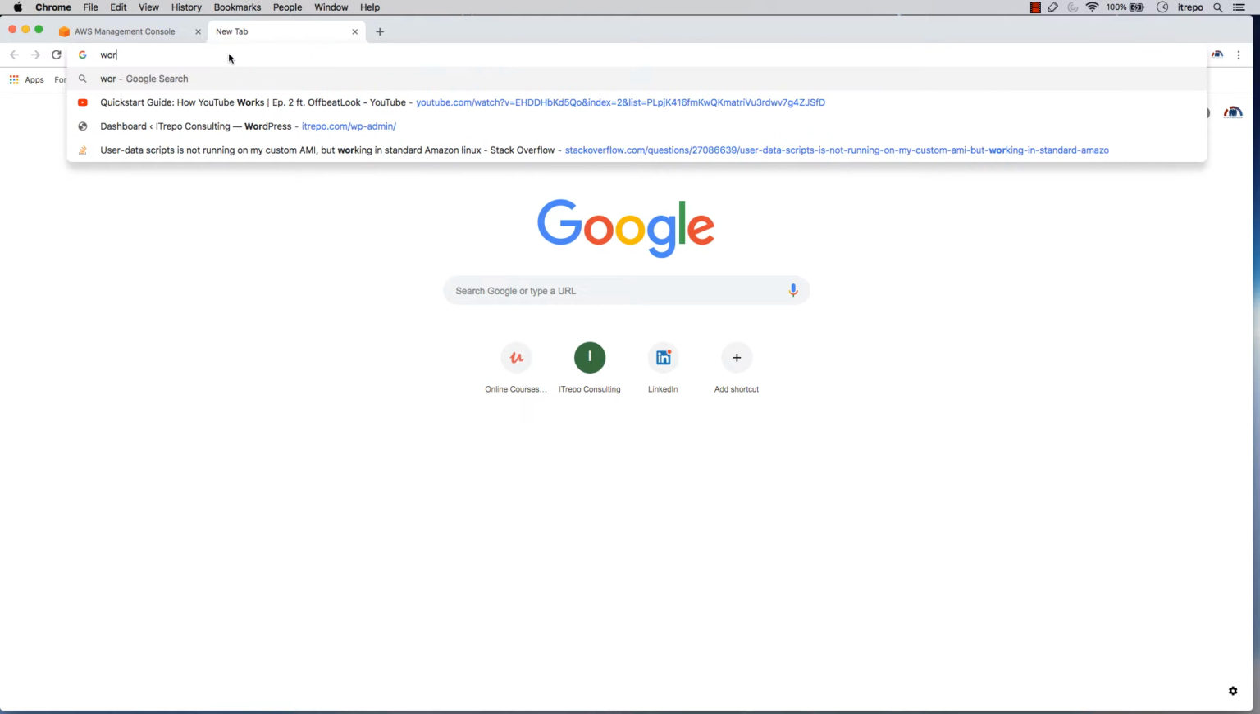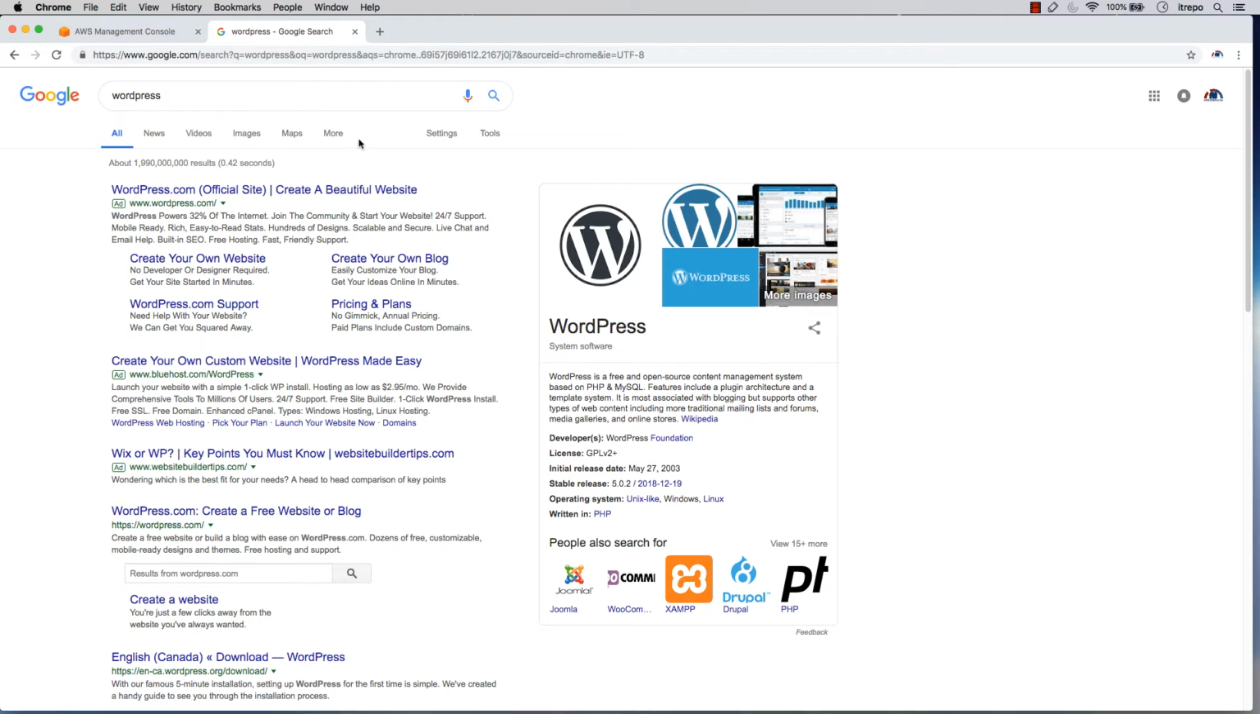If you just search for WordPress in Google, you can see that this is a free and open source content management system based on PHP and MySQL. So this is a good candidate. Actually, we can use this one to build a website in our AWS infrastructure, and we can use this one